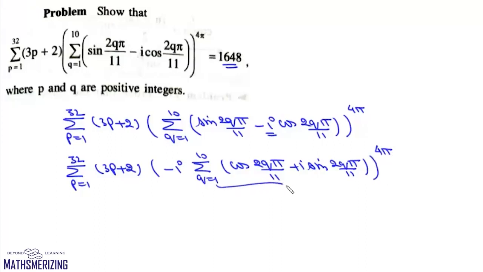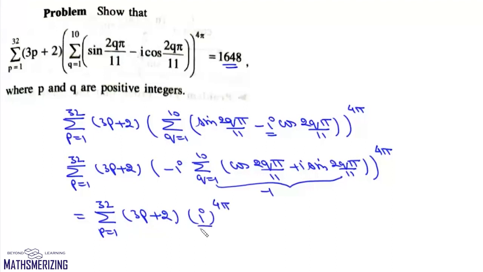Now this is the 11th root of unity, and we need to find the value of alpha plus alpha square up to alpha to the power n minus 1, and we know that this value is minus 1. So we get this summation as P varies from 1 to 32, (3P plus 2) into iota to the power 4 pi. Now iota to the power 4 is 1, so it will be simply summation P varies from 1 to 32,